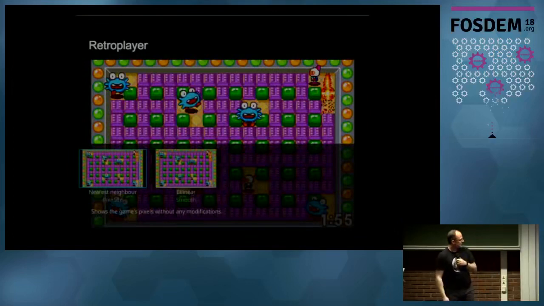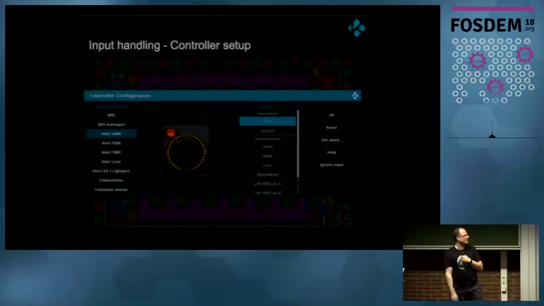Shaders. We can also use different shaders on the games to have your own look. Some are working on having the arcade look, like the whole CRT look and feel, or just the best graphics possible. So hard to get rid of it. Yeah, and some people actually want it back.